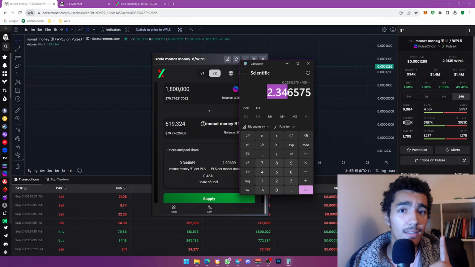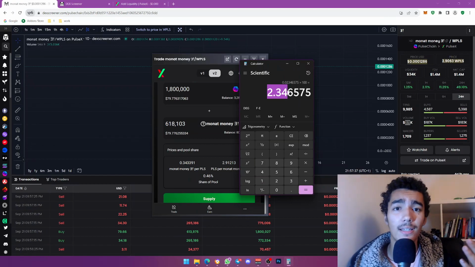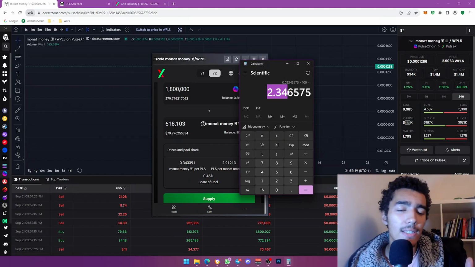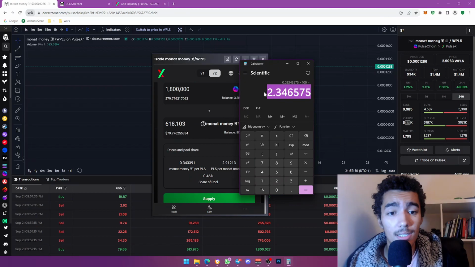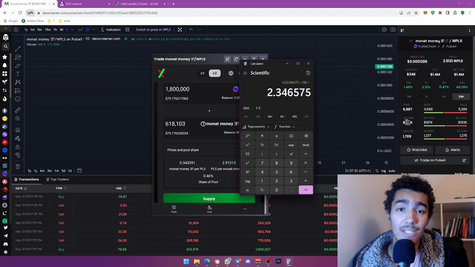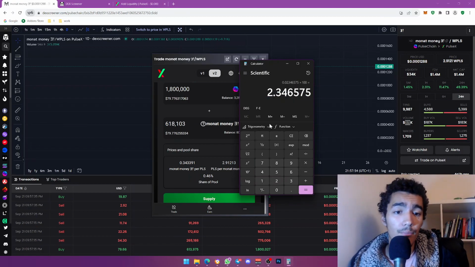This is unstaked liquidity supplying, so you can literally pull out at any time. The only risk you have is the impermanent loss. But guys, when you're making 2% daily ROI, you already know it's going to outweigh that impermanent loss. Simple. So this is really bullish at making $2 a day. And remember, the volume could actually kick up in the future, right? So let's say this volume goes to,